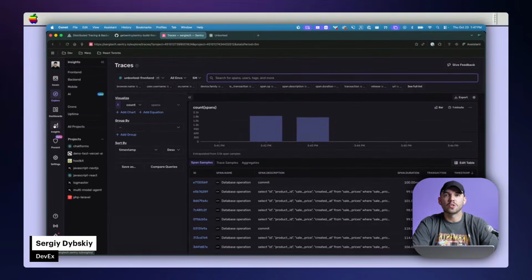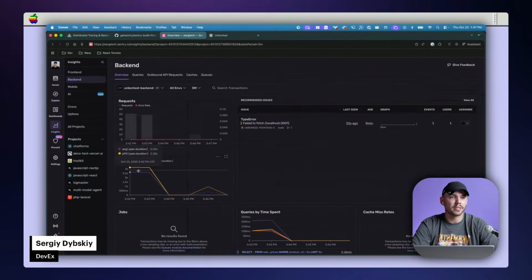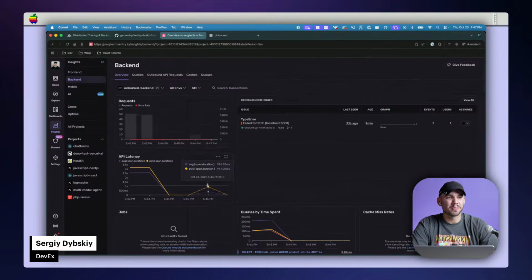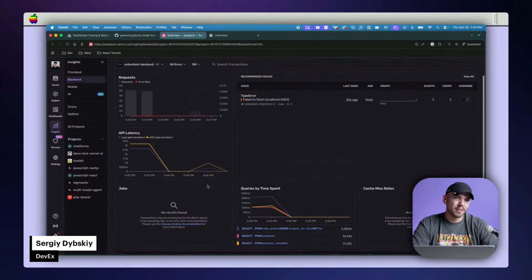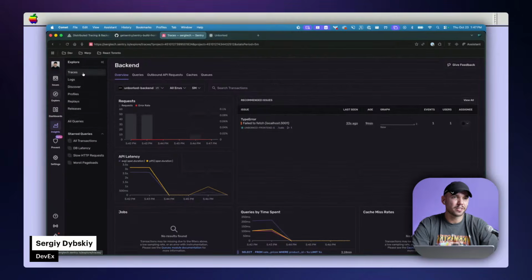And another way to take a look at your API latency is, we looked at front-end insights for Web Vitals and front-end performance. Backend insights will have something similar, where you can see we have this API latency here, which on average is 2.62 seconds. And with our changes here, we were able to bring it down to below 500 milliseconds, which is a huge win in my mind. And if we were to take a look at our traces again,